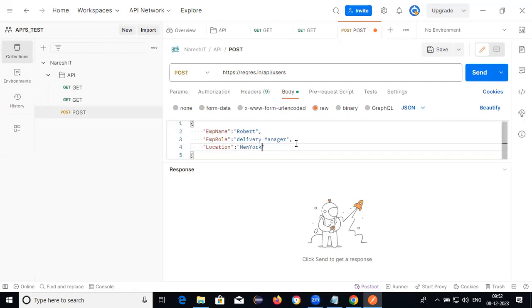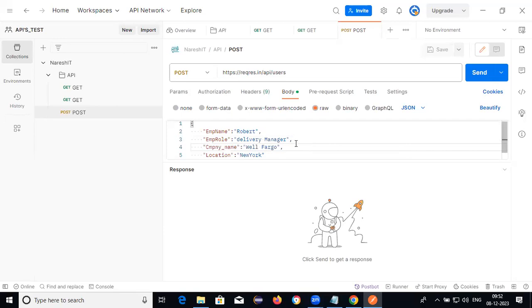We need to provide the company name. The company name, colon, you need to provide the company name here.